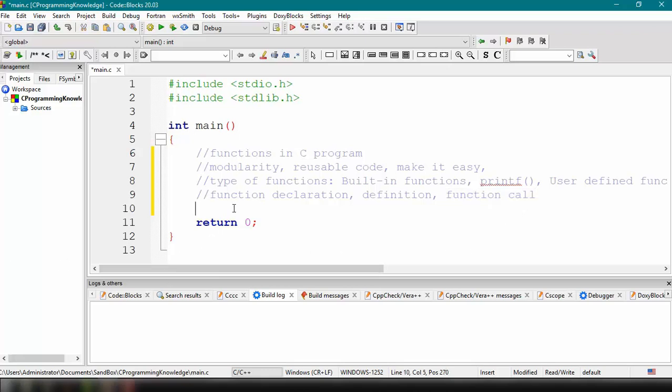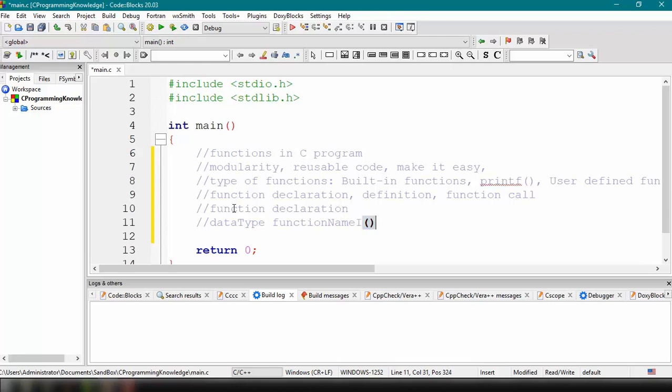So we have here, for example, the syntax for function declaration. This will be the function declaration. This is just an example, guys, on how you could declare a certain function. So the syntax for that is data type, and then function name, and then of course open and close parentheses, and then in here we can specify the parameter list, okay, or the variables that we want to use inside